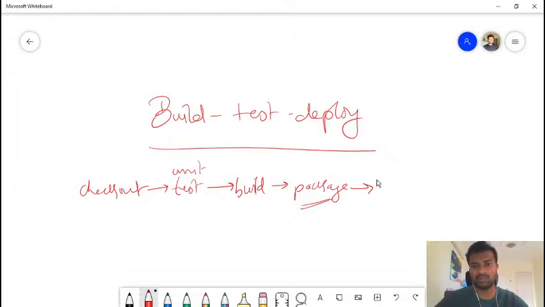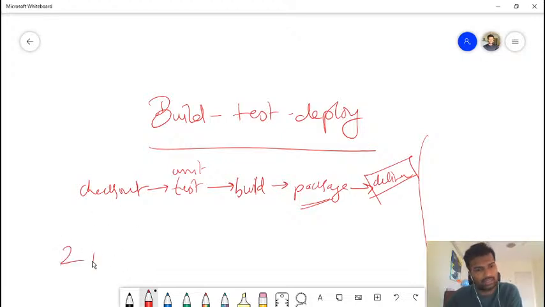All right, so you could, let's say, deliver or store it at some binary storage, wherever you would like to store it, just Sonatype Nexus or maybe Artifactory, some place like that. But post that, it ends there, right? And post that, it starts with another pipeline. So we have had some questions that it looks like a single pipeline, but it actually is two pipelines. And this separation of concerns will help you build things in a better way.